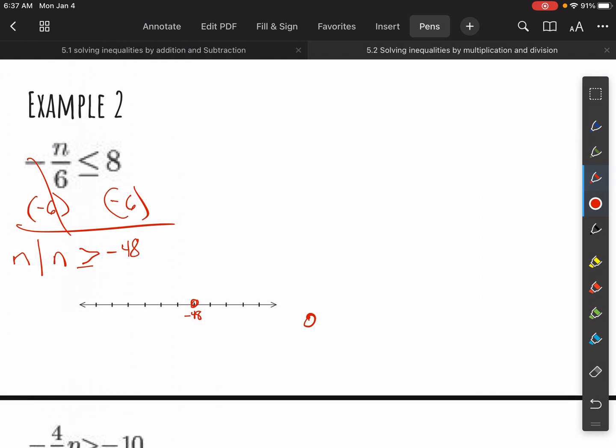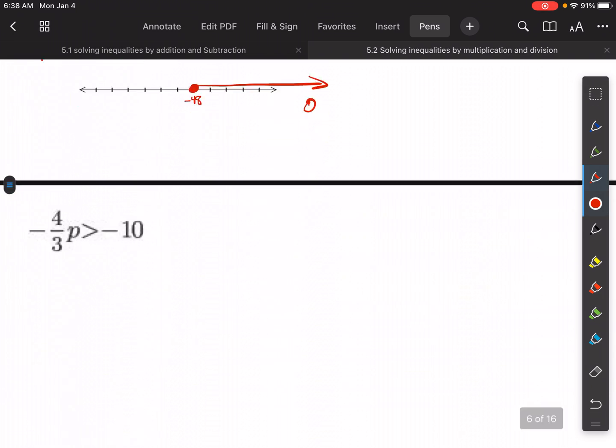So we're going to fill in our circle at -48, and we're going to go that direction, because all the numbers in that direction are bigger than -48. Okay, so here,